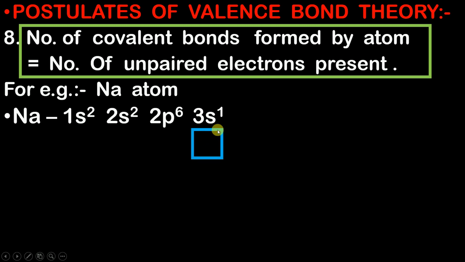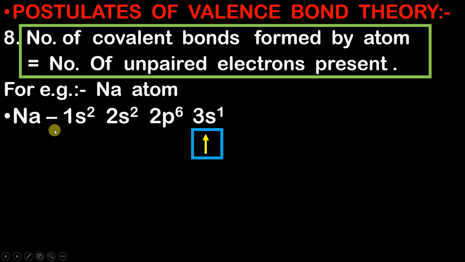So we represent this with the help of Hund's rule, and what we notice is that in this 3s there is only one electron present, and there can be one more electron present, which means that this one electron which is present in this 3s is unpaired. Why is it unpaired? Because it does not have a partner with it. It does not have another electron which was supposed to be over here in order to become stable. So here, as you can see, this electron is unpaired. Now can I say that sodium has one unpaired electron? Since it has only one unpaired electron, therefore sodium is going to form one covalent bond.